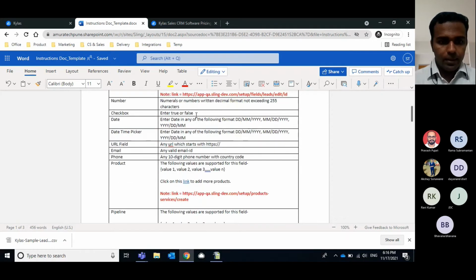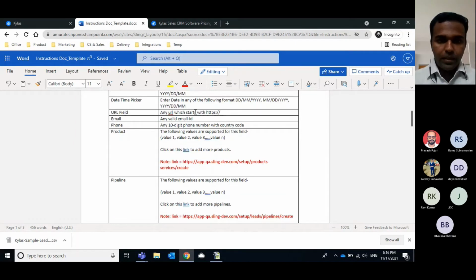And this is the format in which date has to be entered. If there are date fields you have to import to the CRM, you have to follow the format in which you have created the field. So it's either DDMMYY, MMDDYY, or any of these three. And if there are any URL fields, custom fields you have created in your CRM, you have to start them with HTTPS://, append those URLs with HTTPS://.